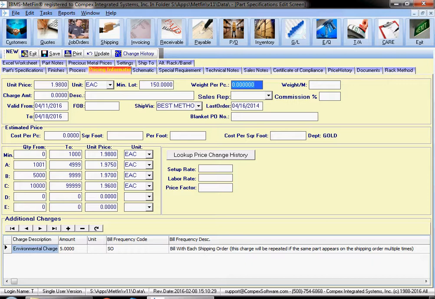Now, the additional charges feature is very powerful in that it lets you have all sorts of different ways of controlling how it's billed. In this case, you can see that the environmental charge is billed for each shipping order, but we have several different frequencies. So you could have a charge that's only billed once, like maybe a setup fee or a tooling charge. You could have charges that are only billed once per job order. So even if the job order ships in multiple partial shipments, that charge will only be associated with the first